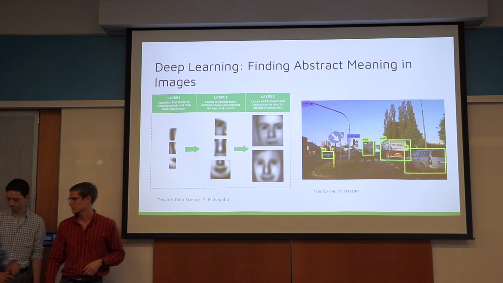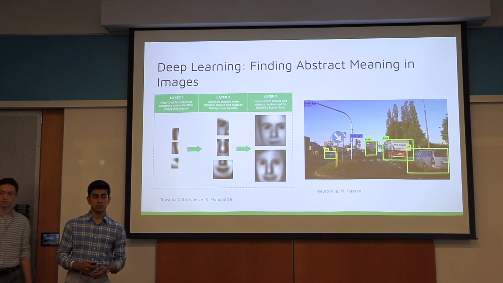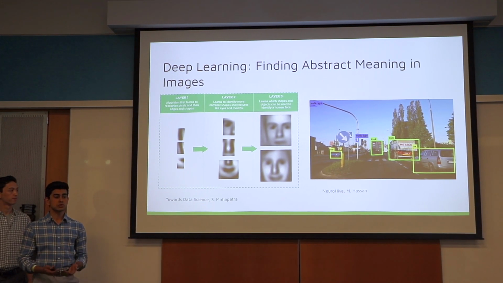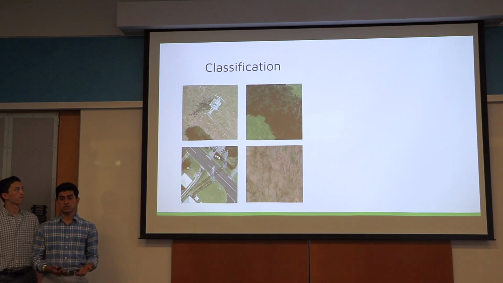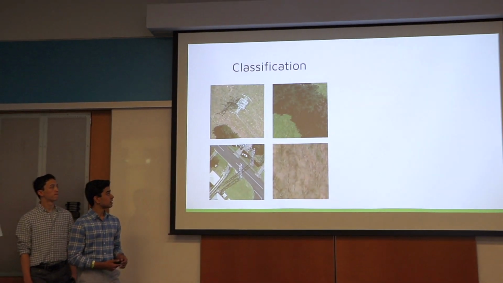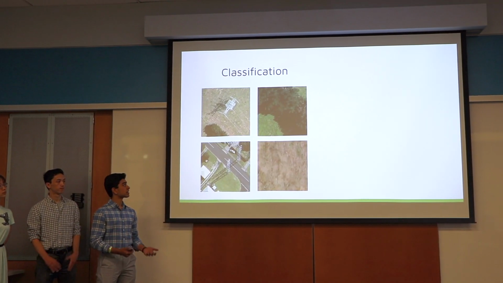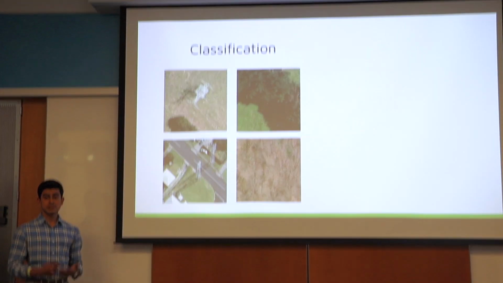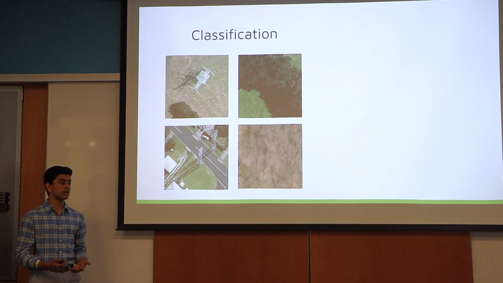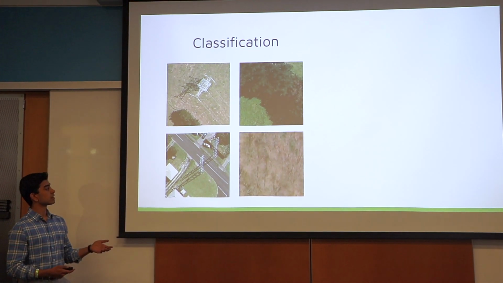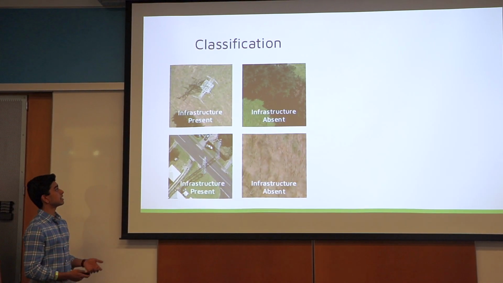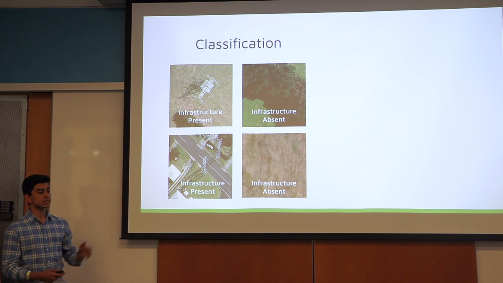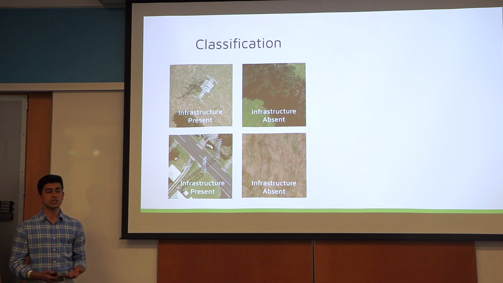All right. So now that Wendell has given you an idea of why exactly deep learning might be a suitable approach, let's take a look at some of the approaches that we took over the course of the semester. So initially we took a binary classification approach. In this approach, we want to know in a piece of imagery, is a piece of energy infrastructure in it or not? And so in these 4 examples here, we train a model to be able to tell us that it has a piece of infrastructure present in the left 2 images and no infrastructure present in the right 2.